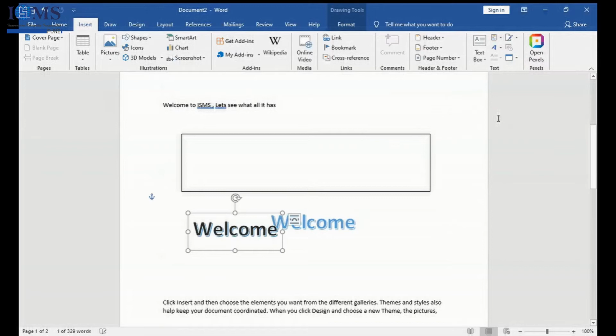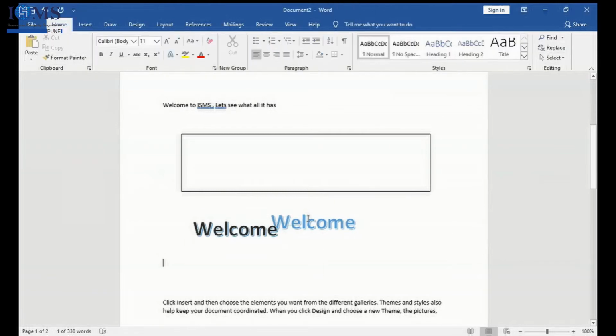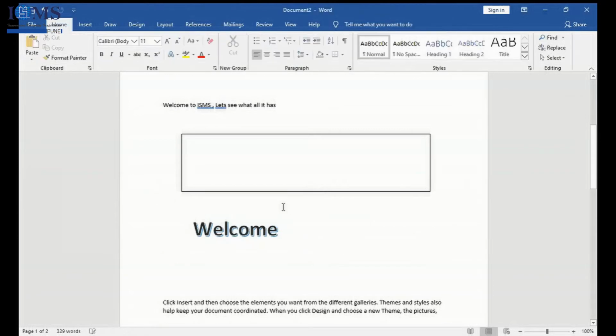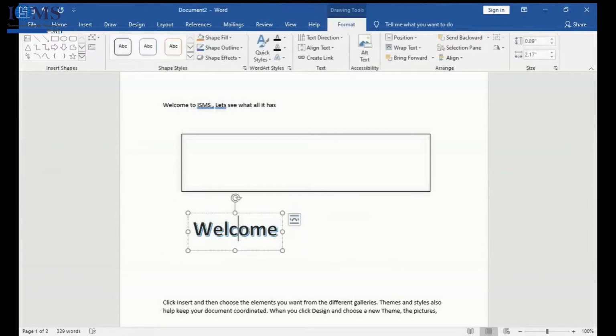Then you can just put the text like this. I'll remove this older one. It is also used many times when you want to make a document decorative. All right, let's move ahead.